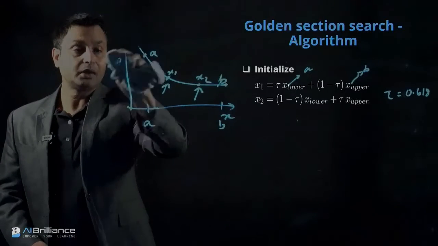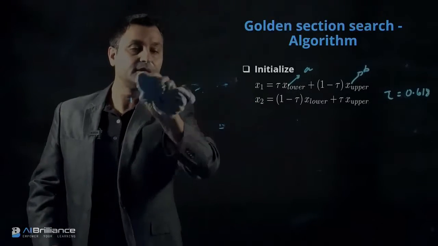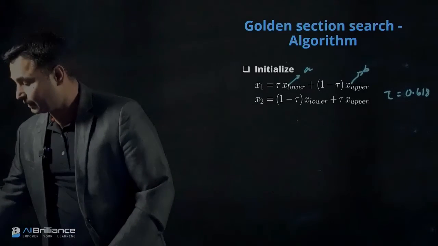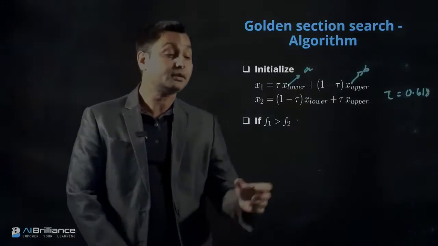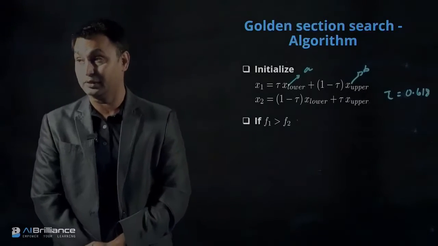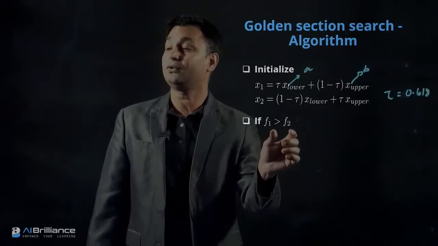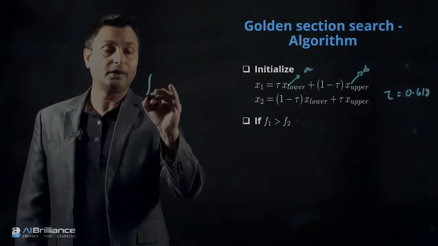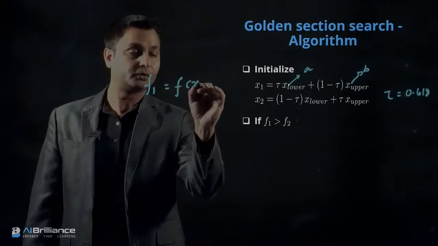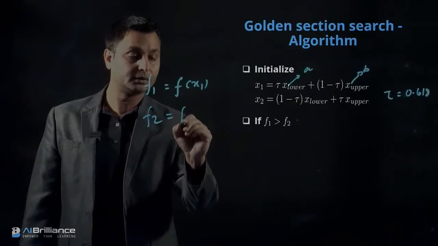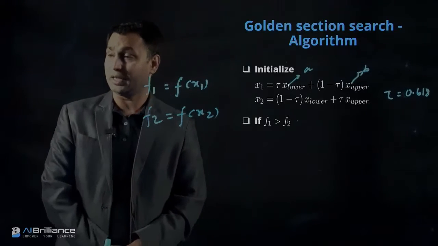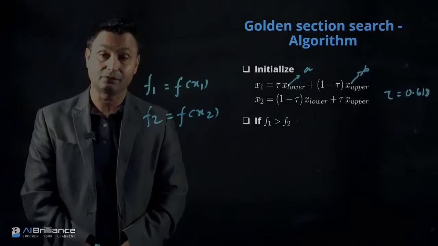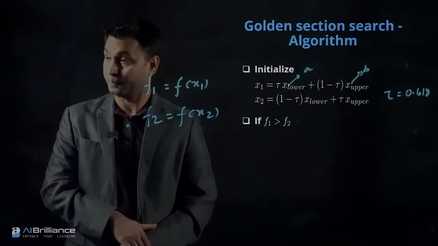Okay. So what you see on the right hand side is the equation that is used to initialize and get the values of x1 and x2 from a starting point. Then we use a switching condition, and we find out whether the function value f1 is greater than or equal to f2 or not. When we write f1, this is equal to f(x1), and when we write f2, this is equal to f(x2). This is what I described in the previous slide, and this describes the first case that I gave you a couple of slides prior.